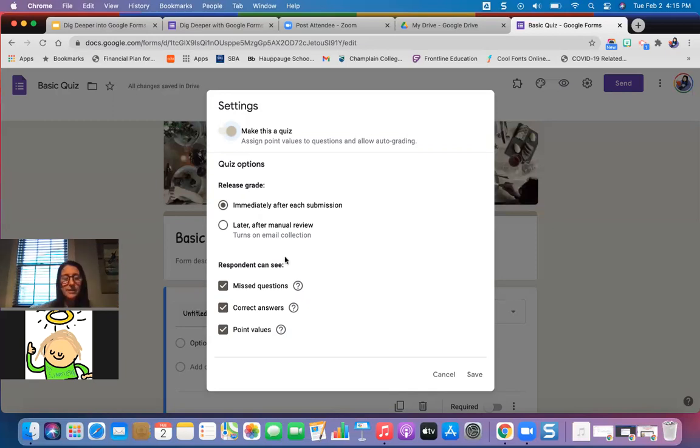Okay, respondents can see missed questions. So maybe they skip through a question. You want them to see that, so you have that ability. Respondents can see their correct answers and they want to see the point values. You want to think about this when you're doing your quiz because maybe you don't want them to see correct